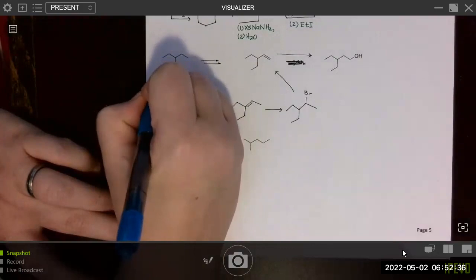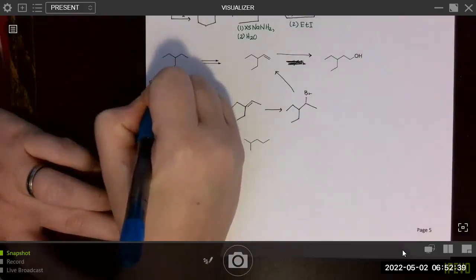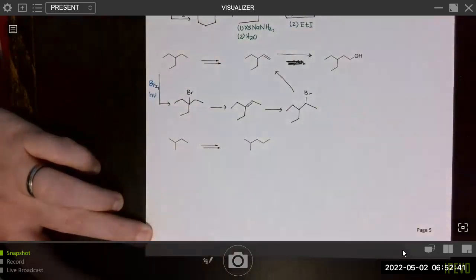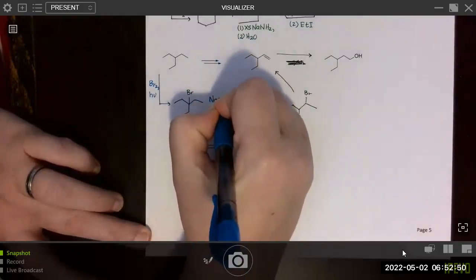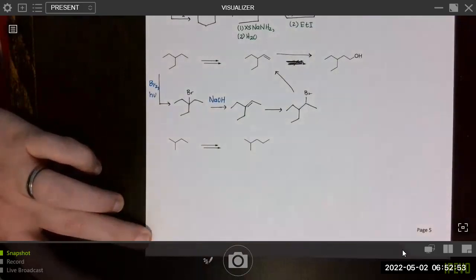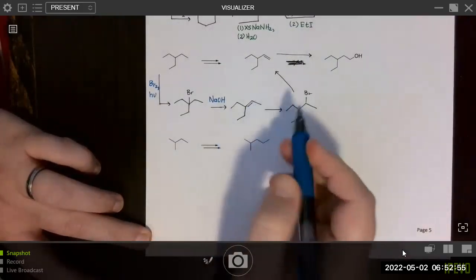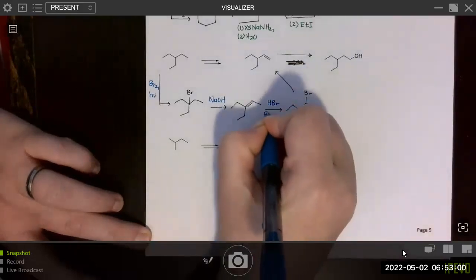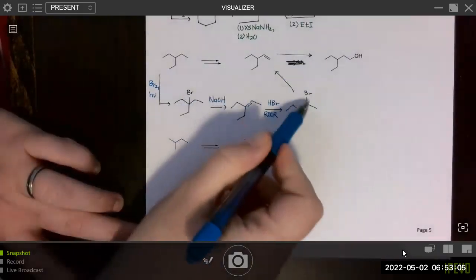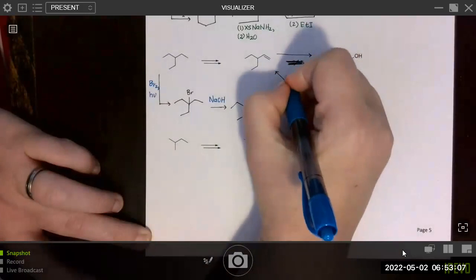To do radical halogenation, we have Br2, followed by an elimination. All of the beta carbons are the same here, so we don't really need to worry about Zaitsev versus Hofmann. Just use a small base. From here, we want to add H and Br across the double bond, and we want that to go anti-Markovnikov, so add peroxides. To get the Hofmann elimination product, we're going to use a bulky base.